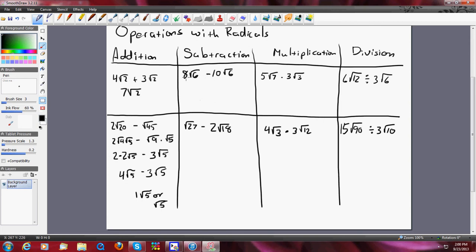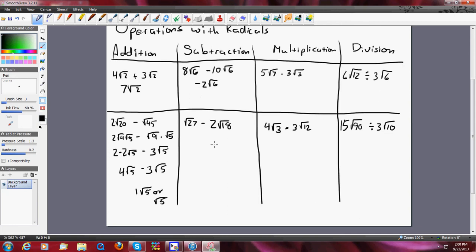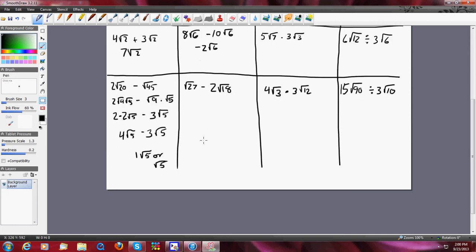Subtraction is similar. 8 radical 6 minus 10 radical 6. Well, what's 8 minus 10? It's a negative 2 radical 6. We have a similar situation as before. Can I subtract radicals if they don't have the same radicand? The answer is no. But I do know that radical 27 is the same as radical 9 times radical 3